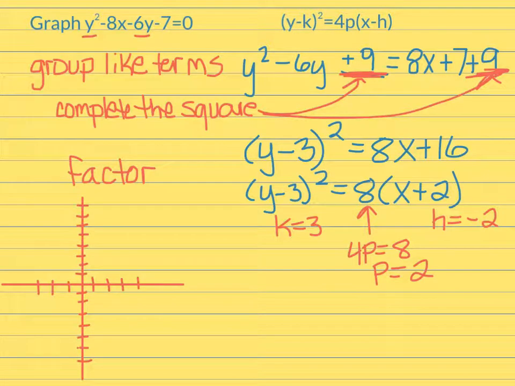Okay, so our vertex will be at negative 2, positive 3. So go back 2 and up 3. Put a vertex right there. This is a y squared, so we know it's horizontal. Our p is positive, so we know it's going to open to the right. We're going to count 2 units to the right and put our focus, and 2 units to the left and put our directrix,